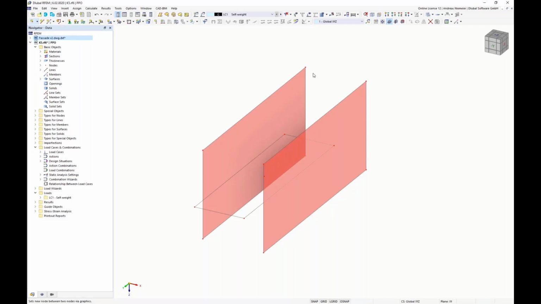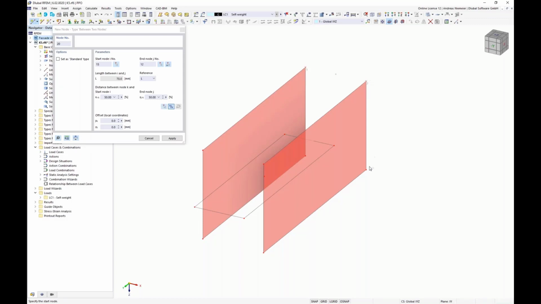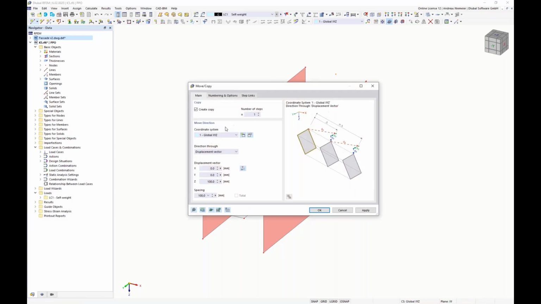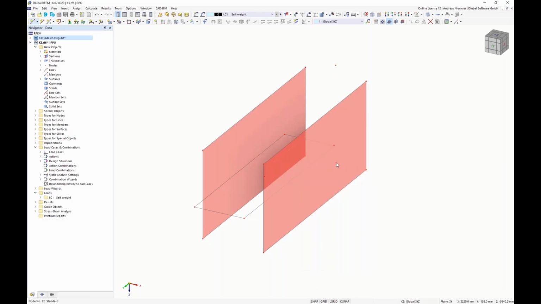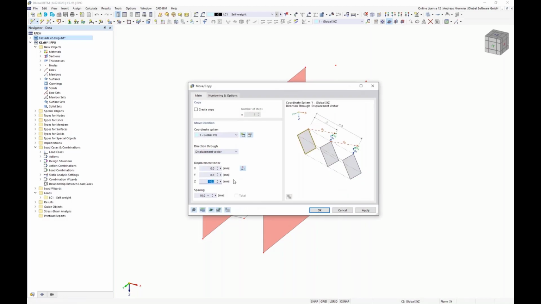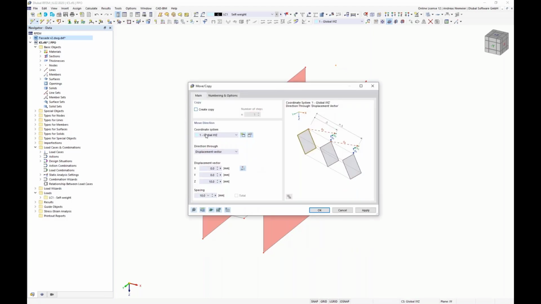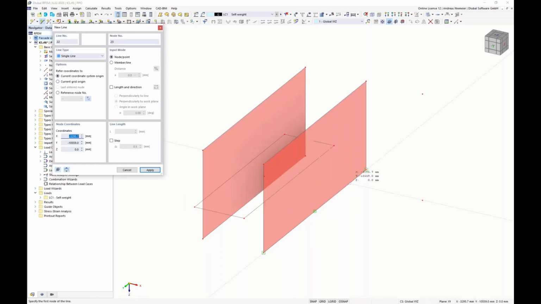Now we can create the first part of the angle that connects to the concrete. Here I use the function create node between two elements, for example here, and we create the standard node and apply it. Now we can copy it directly on the bottom, and we move this 10 millimeters above, so minus 10. Okay, and the same for this node here, also 10 millimeters. Now we know the height of this back element. We move these nodes finally here in X direction, for example 100 millimeters in X direction, create a line in between,